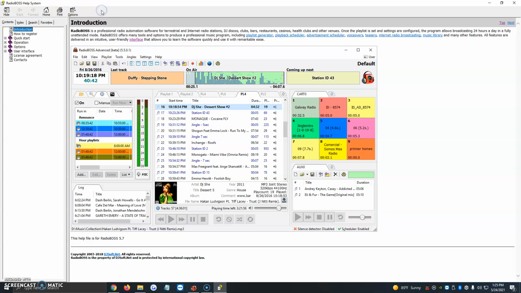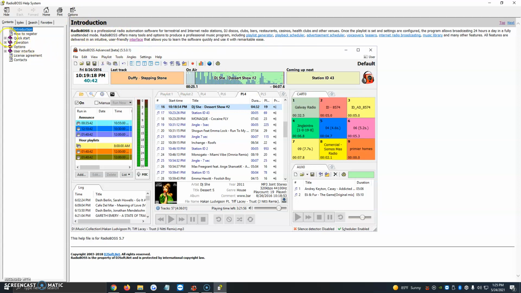A very helpful guide, because you can print it out and have it on you in case you don't really use that computer too much or you're not accustomed to the keyboard and stuff like that. You can just go ahead and print it and have an on-hand copy, which most of the time people like to use. Once we have this here, it brings up an introduction about RadioBOSS, what it is,